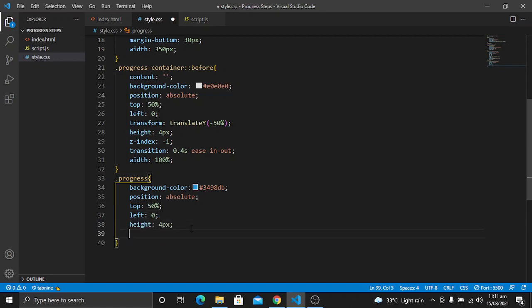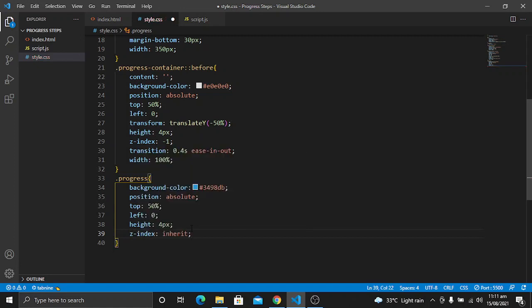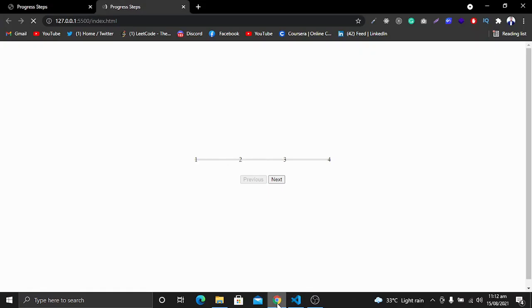The next property is going to be the z-index, which will be -1. Transition is going to be 0.4 seconds, and width. For width, first of all let's comment it out and let's save, and let's refresh the page.